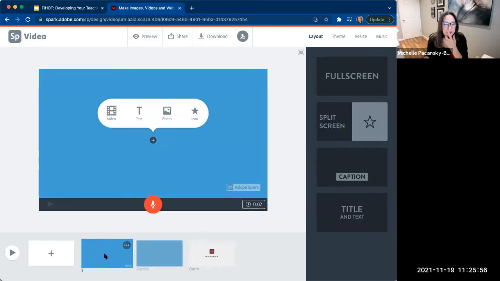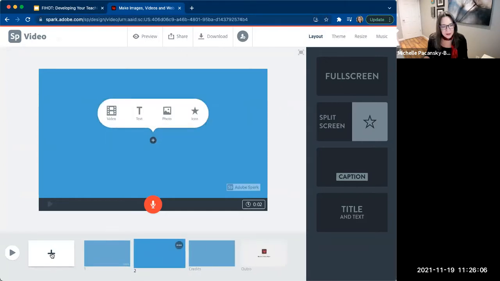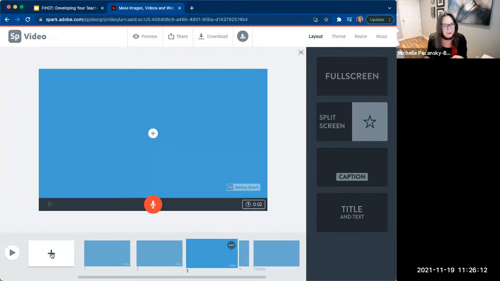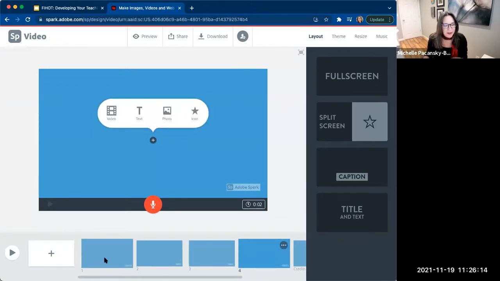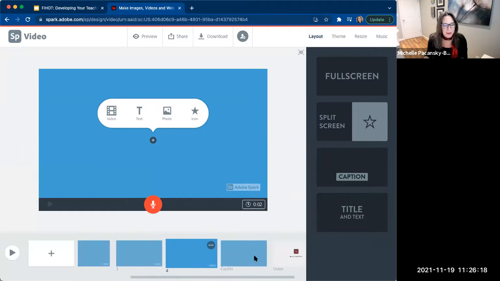So this slide here is the one that we're working on. If I want to add more slides, I would click on this plus icon. So I'm going to make a video with a few slides in it here. So I'm just going to click that plus icon and you can see how it's adding slides, right? So now I've got slide 1, 2, 3, 4, and then my credits and my outro.